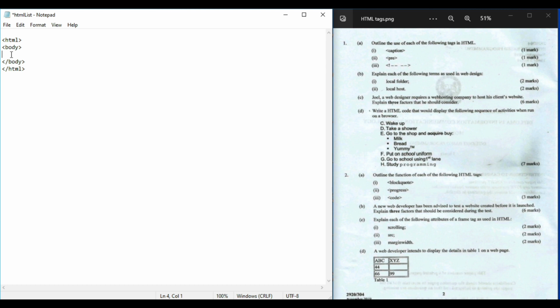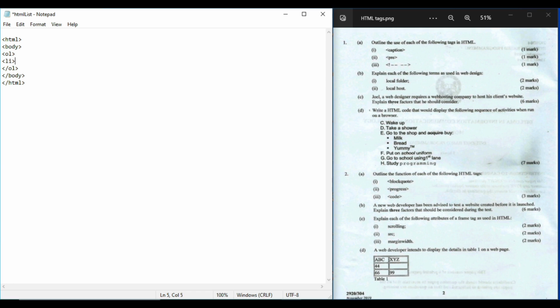We're going to start with the ordered list. And as I said earlier, the ordered list is defined with the OL tag. So we're going to type the OL tag, open, and close it. And because this is a list, it is always defined with an li tag.